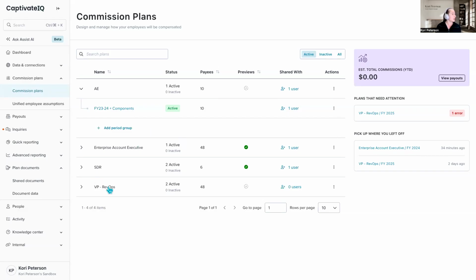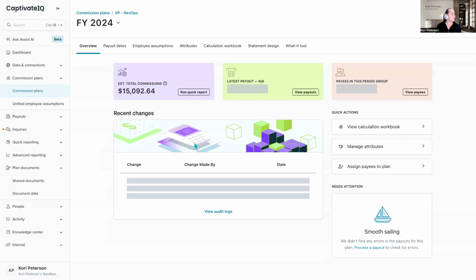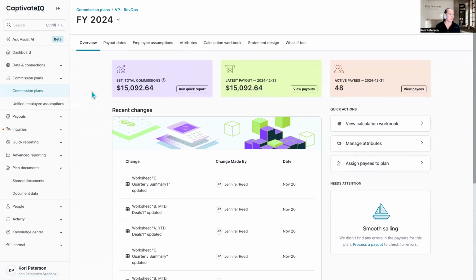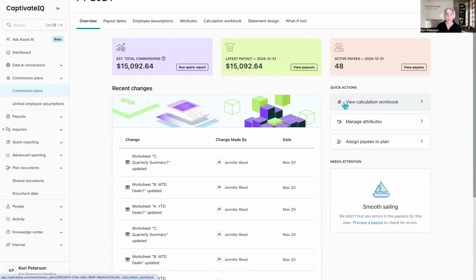If I were to actually click into a plan, most of these tabs have remained the same. So overall, the experience of managing your commission plans via tabs is consistent. But this overview page has been added, again, just to provide you with those insights and quick actions that you might need to take, with all of these clickable, drill-down insights and quick actions that are based on tasks.